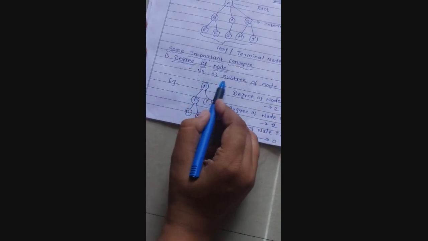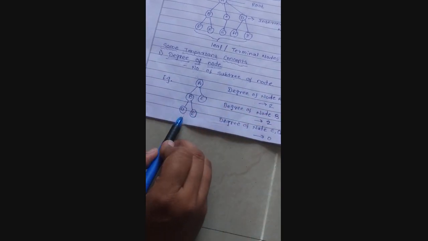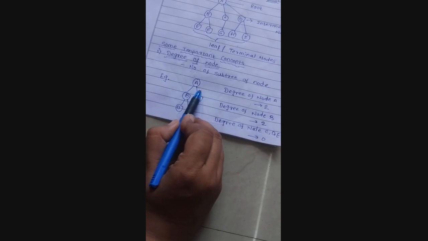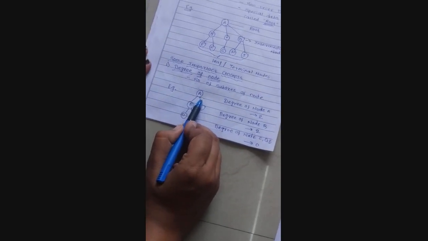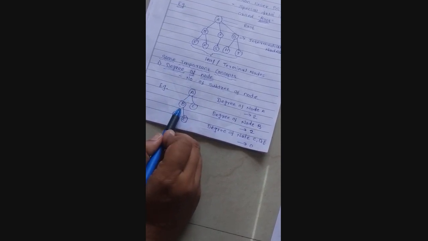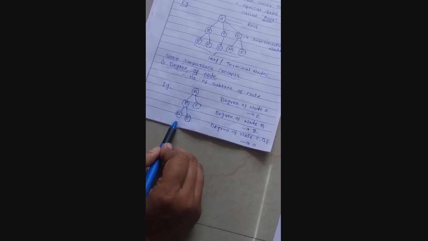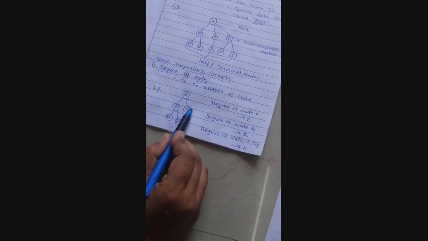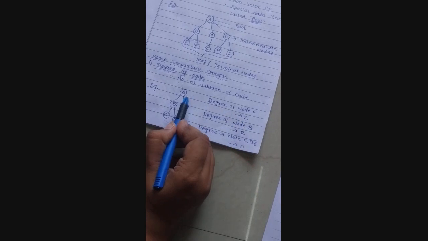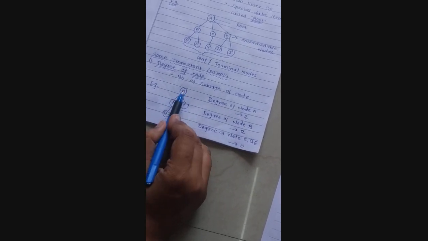Look at this figure. In this figure, A is a root. Now, what is the number of subtrees of A? There are two subtrees of A, that is B and C. This is called a subtree, and again this is a subtree. That's why the degree of node A is 2, because A has 2 children, means 2 subtrees are